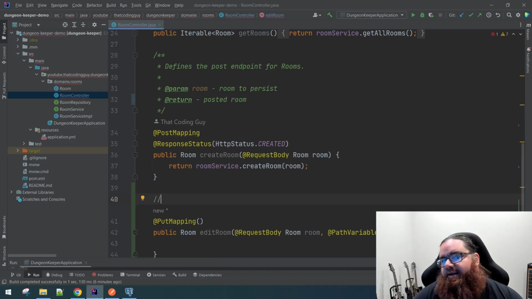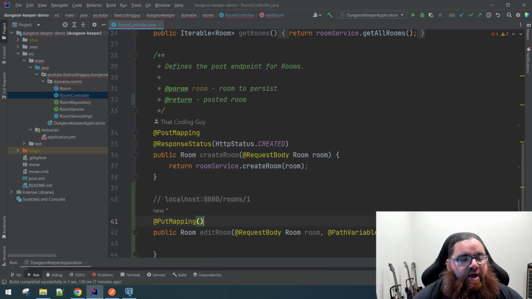So if we want to edit the room with ID number 1, we would need to have on the URL something like, sorry, this would be localhost 8080/rooms/1. So to specify the ID, we'll come into the put mapping, give it quotes, and we will use ID